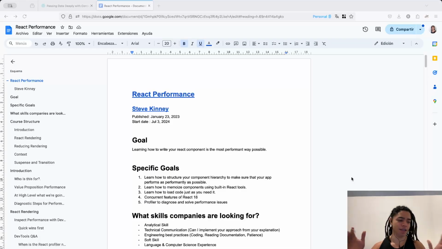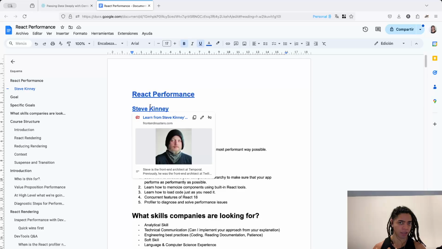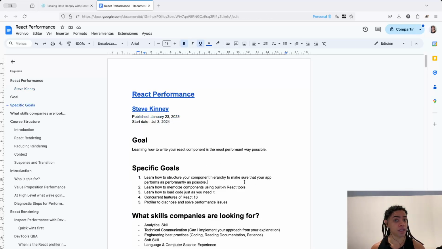Eulier Gonzalez again, looking right now at React Performance, a course taught by Steve Keeney, head front-end engineer at Temporal, this open source durable execution platform that you can think of like Kubernetes, but to cover specific business use cases. For example, Vercel, there are now hosting solutions that allow you to deploy your code, whatever